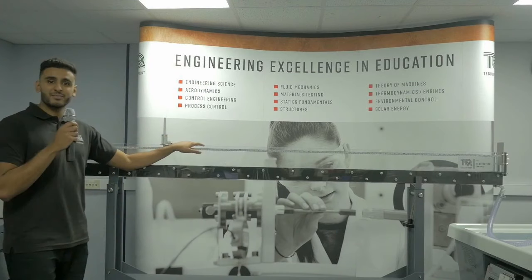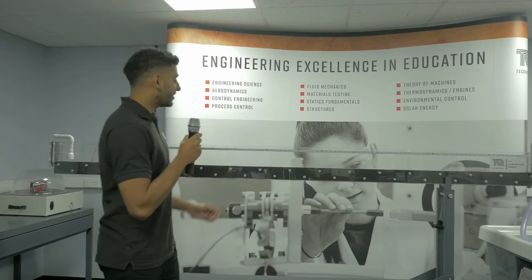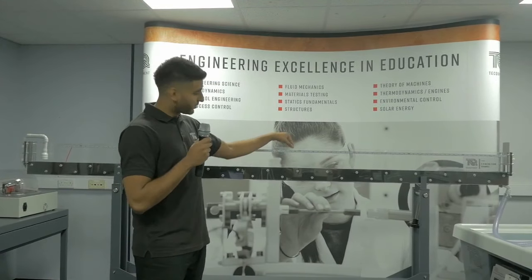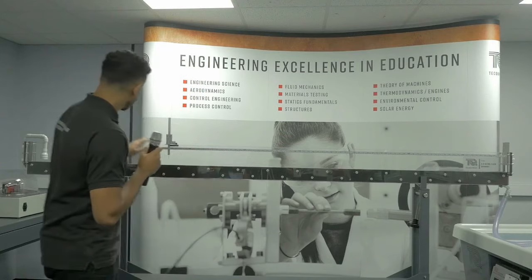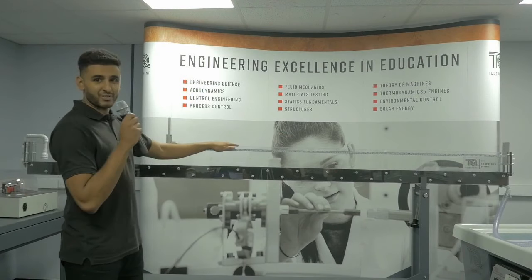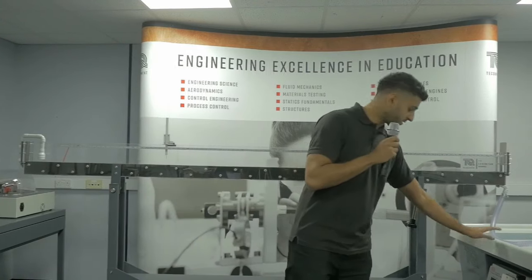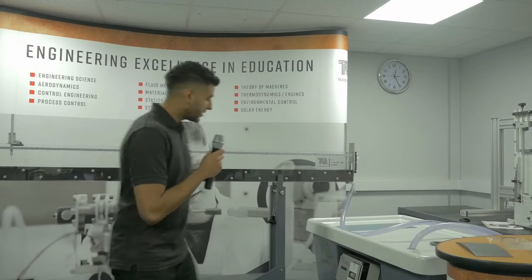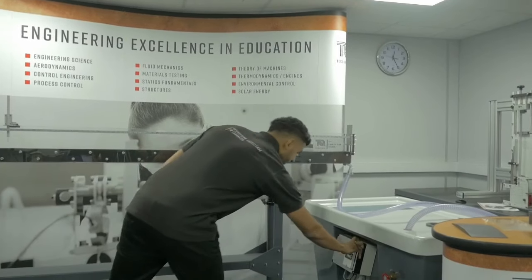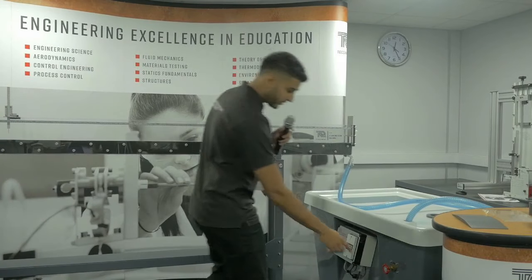And here we have the FC50. We also do the FC80 and the FC300. The numbers represent the width of the flow channel. This FC50 has 12 mil acrylic sides and an aluminium bed, which is connected to the hydraulic bench you can see here. I'll turn this on for you right now. The flow rate is controlled with this gate valve here.